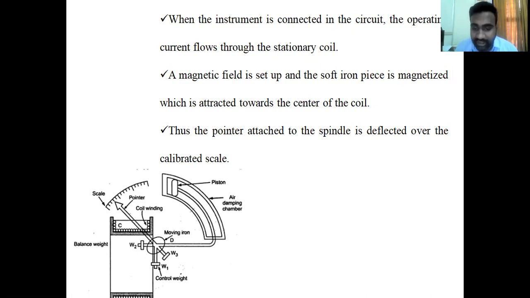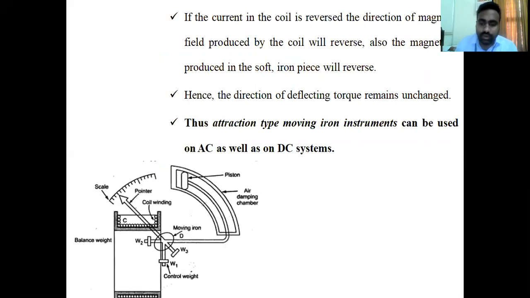In the presence of that magnetic flux, we are placing this moving iron, which is pivoted with respect to the pointer. What will happen? The pointer, which is attached to the spindle, will be attracted from the weak magnetic region to the strong magnetic region. Whenever this iron piece moves from one magnetic region to another, the needle will start deflecting on the uniformly calibrated scale. So that is what happens in an MI instrument. So what is the behavior of the magnetic flux whenever the supply polarity is reversed?